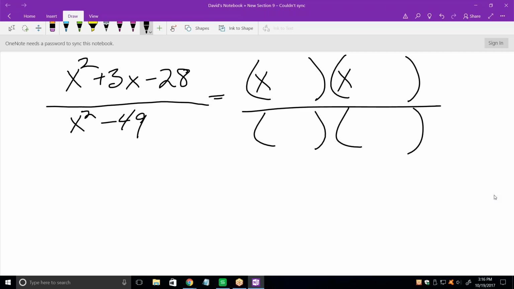Would it be plus and minus? Has to be. Now, it could be minus plus, but that's the same thing. As long as the coefficient of these x terms is the same, then plus minus is the same as minus plus. Okay, now the third step, factors of